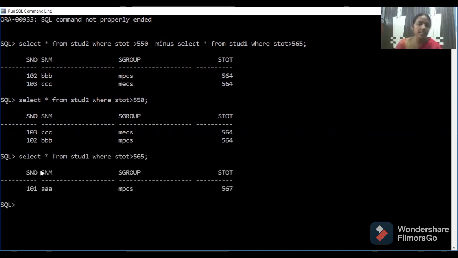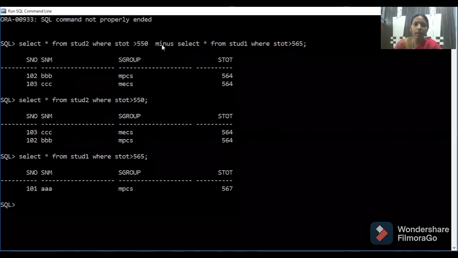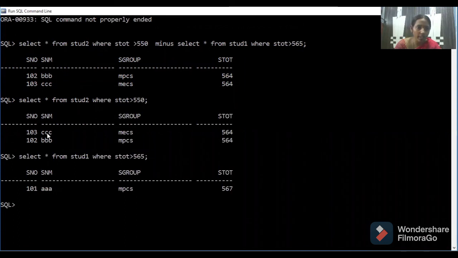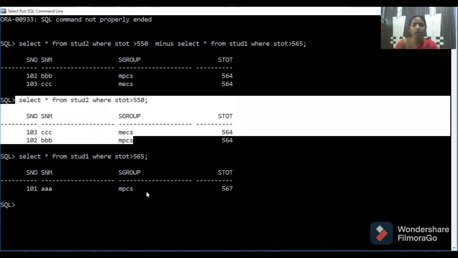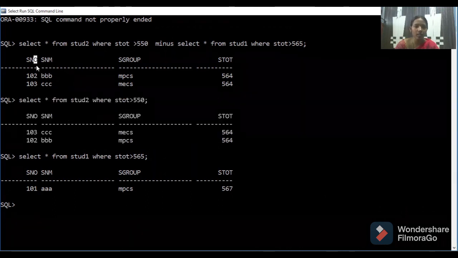So if you say 565, how many rows are coming? 1 row is coming. Now if I perform the minus operation over these 2 tables, so minus means what? Common rows will be excluded from the first table and the remaining rows will come. So what are the common rows in these 2 tables? There is no common row. So the remaining rows of the first table will come. So you are specifying the student 2 table first. The student 2 table has how many rows? 2 rows. So you are getting 2 rows here.